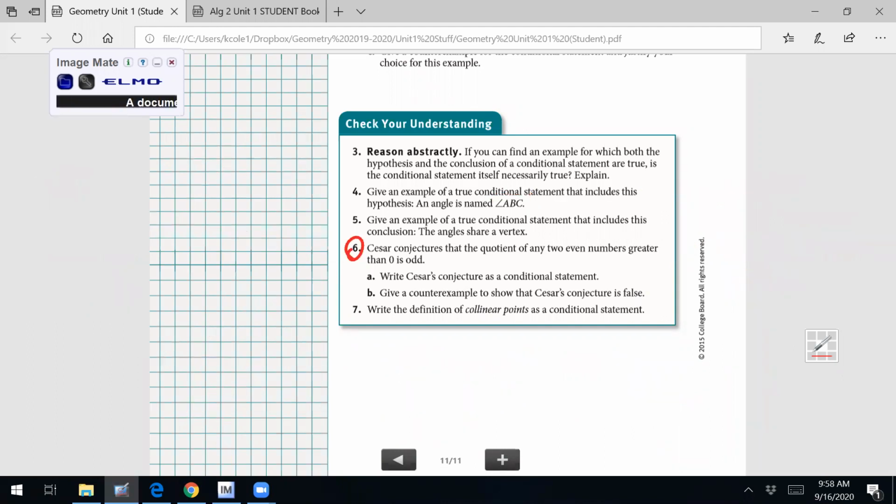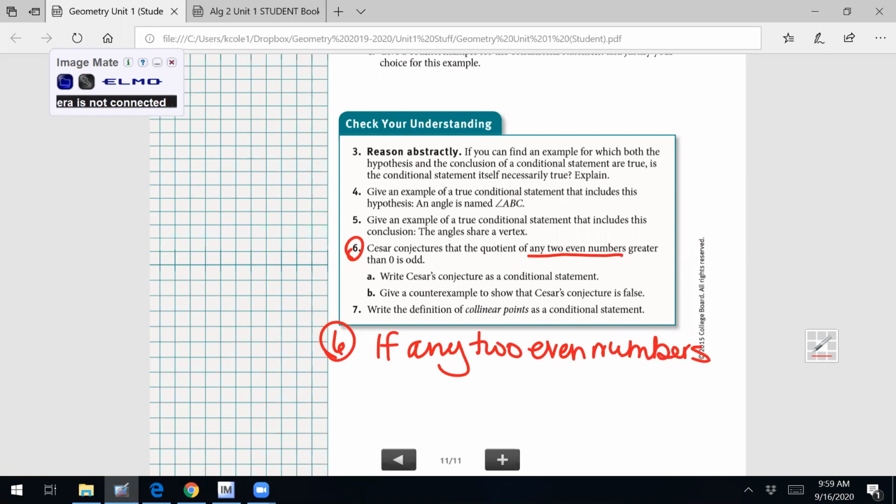So for number 6, we're going to say if what? What is he saying? If any two even numbers greater than 0